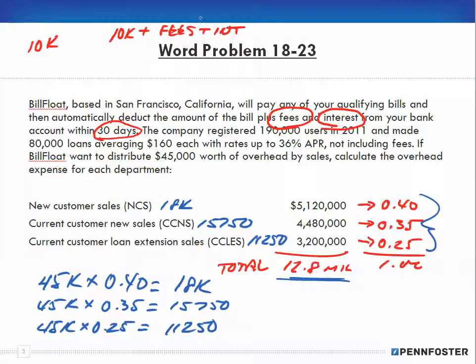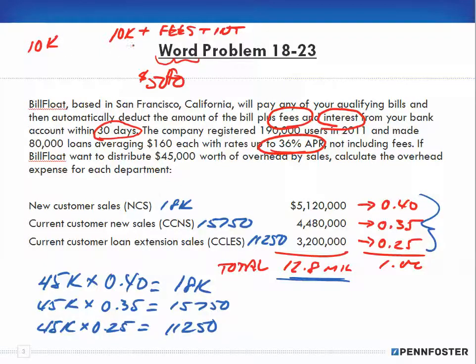So fees, I'm sure he's charging admin fees, and then he's tacking a lot on, so his fees are probably going to be a little bit higher. I'm picking numbers here to give an idea. Let's say it's $500 in fees. But now here's the other kicker. It's 36% interest APR. 36% is huge, meaning